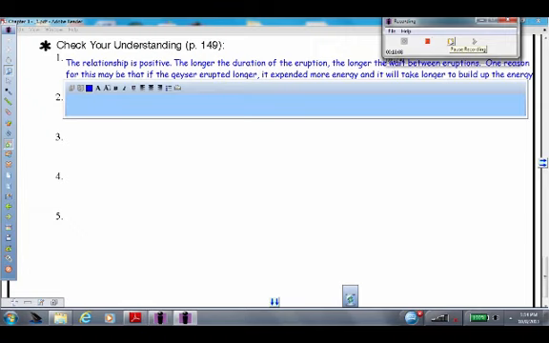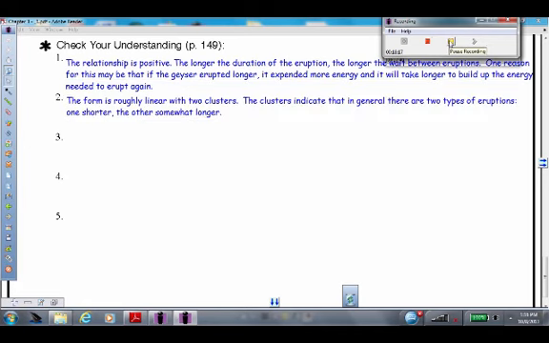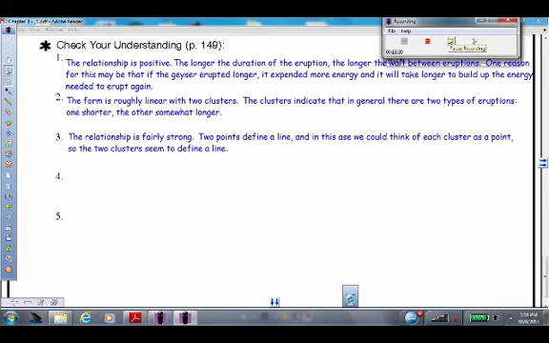So what form does the relationship take, and why are there two clusters of points? Okay, so what's the form? The form is roughly linear with two clusters. The clusters indicate that in general there are two types of eruptions, one shorter and the other somewhat longer. Okay, so